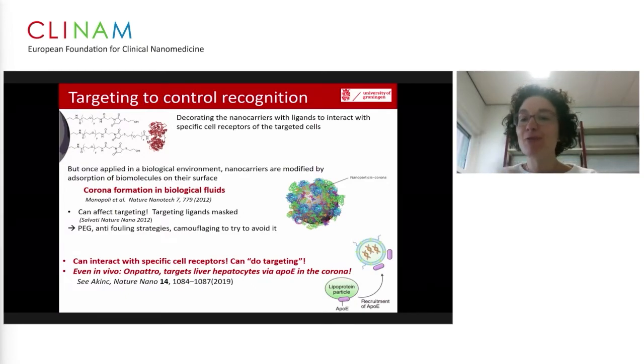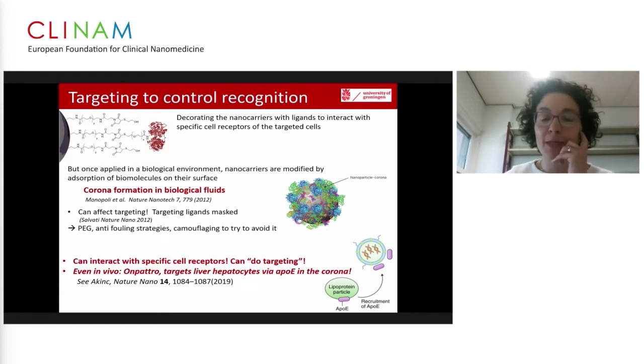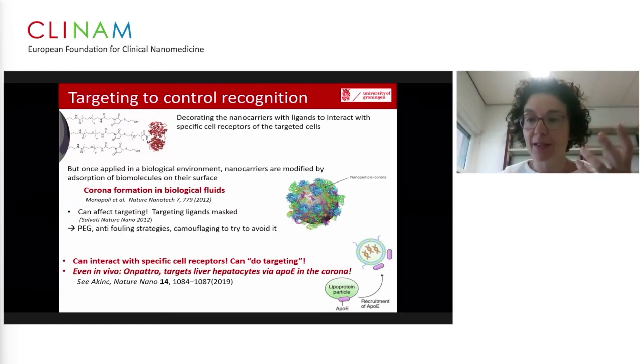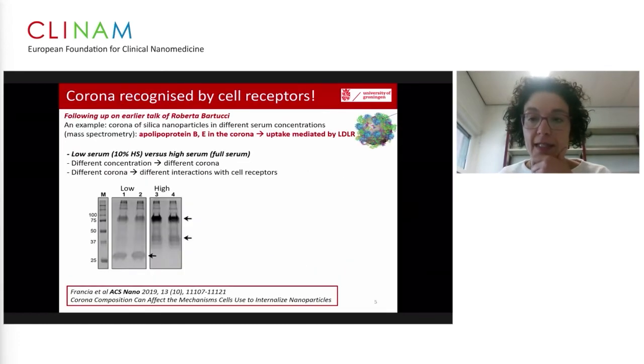So then the interest in this layer changes, and now we can see new opportunities in understanding better how this layer modulates the interactions with cells and even in vivo distribution. And Roberta already mentioned to you, we often use this example of another nanoparticle interacting with the LDL receptor. We have the silica nanoparticles that after corona formation, similar to the Onpattro example, because of the corona can interact